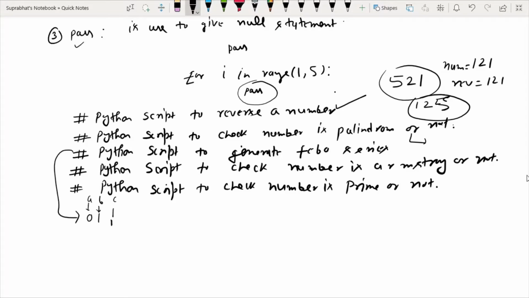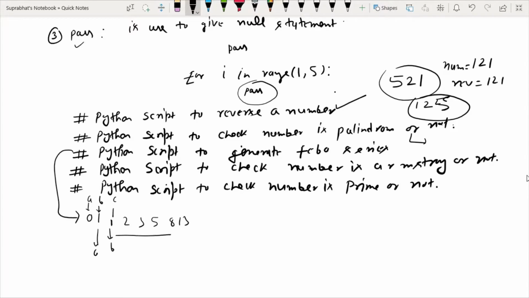Now the value of C becomes B and the value of B becomes A, and the next values of the series are generated like 1 plus 1 is 2, again 1 plus 2 is 3, then 3 plus 2 is 5, then 5 plus 3 is 8, then 8 plus 5 is 13.